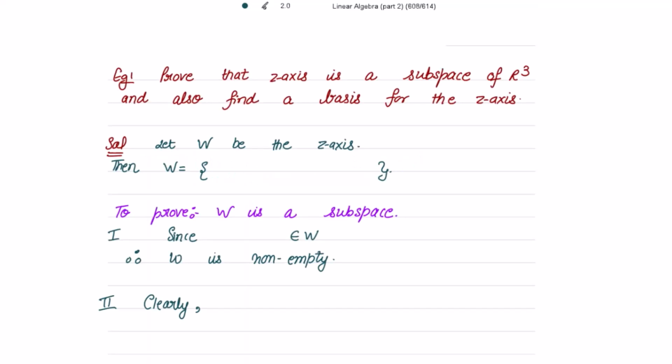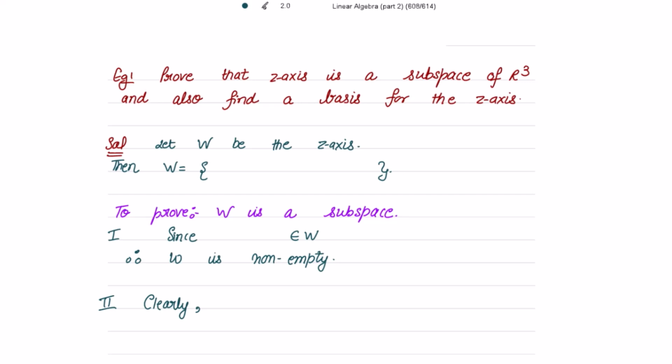Good morning. Let's start assignment 5. Example 1. Prove that the z-axis is a subspace of R3, that is the 3-dimension in reals, and also find a